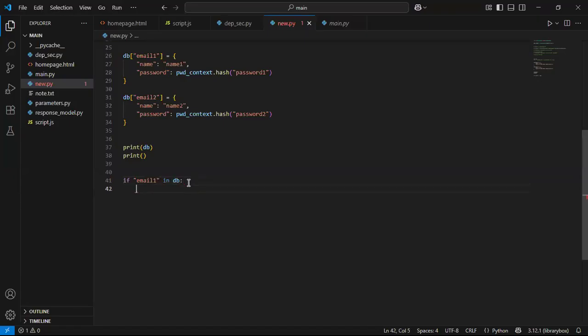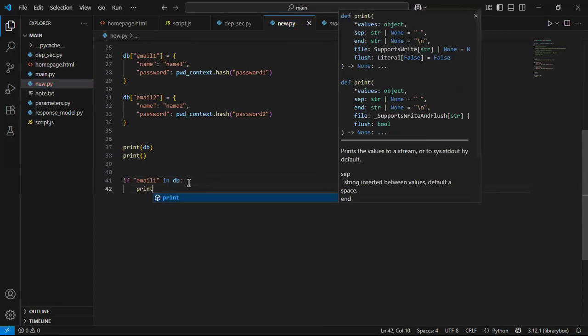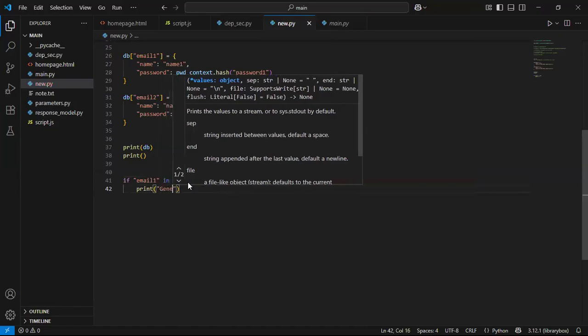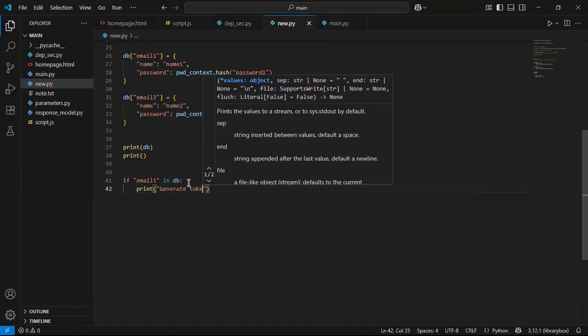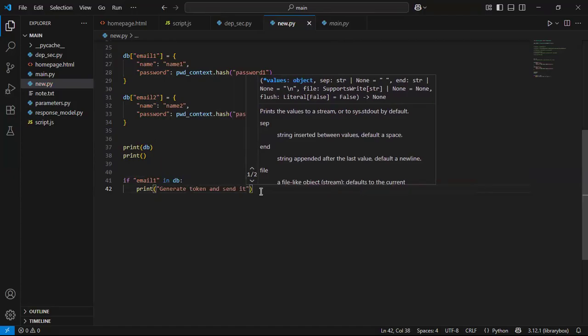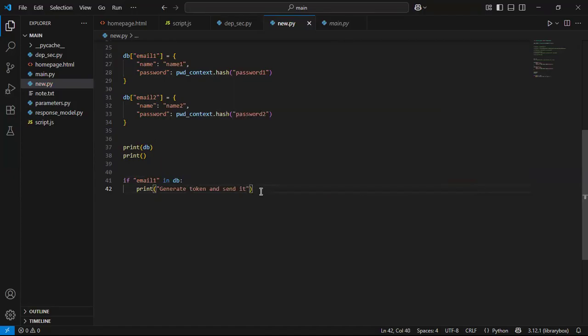At the beginning, this was just to generate a token and send it. That was the first logic as it was, and then the else would now be a problem saying print